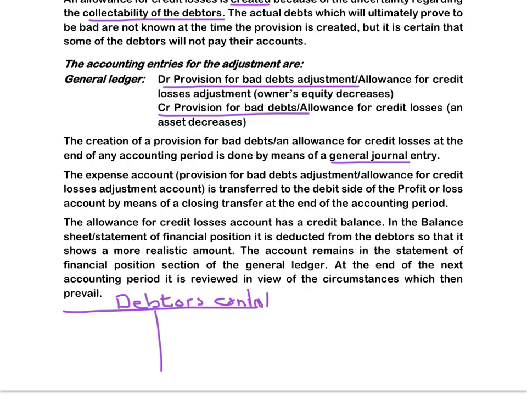If we look at our ledger accounts, we've got a debtors control account. That is my positive asset. And an asset always increases on the debit side, so the balance will be on the debit side. Say, for instance, they owe us 41,000. Now we look at our debtors and we think there's a possibility that we will not recover 1,800 in the future. Normally, I will credit debtors control to indicate that my assets decrease. But in this case, this is not a final amount that we know exactly whose account will be reduced. So therefore, we create a negative asset provision for bad debts,